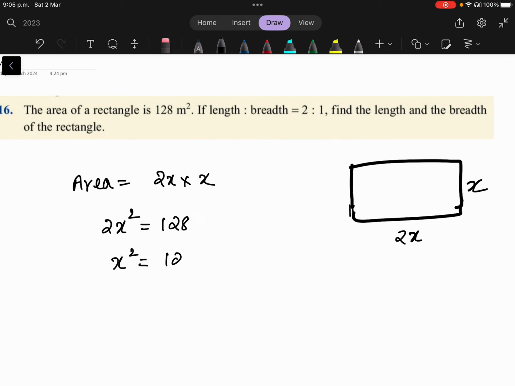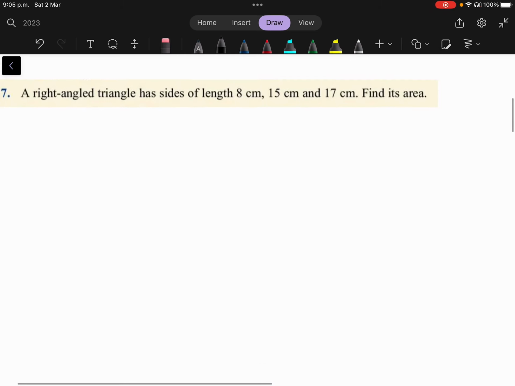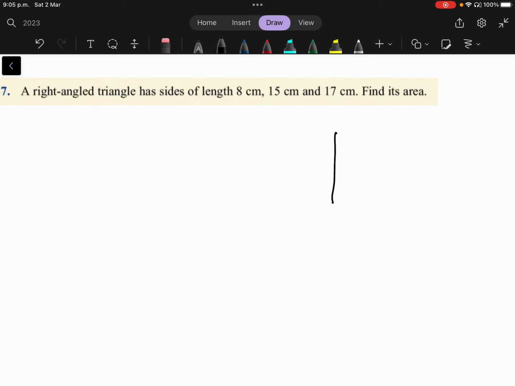x square is equal to 128 over 2, which is equal to 64. So x is equal to square root of 64, which is equal to 8. So the breadth is 8 and the length is 2x, which is equal to 16. Okay. Second question, a right angle triangle has the length of the sides as, so you can draw a small